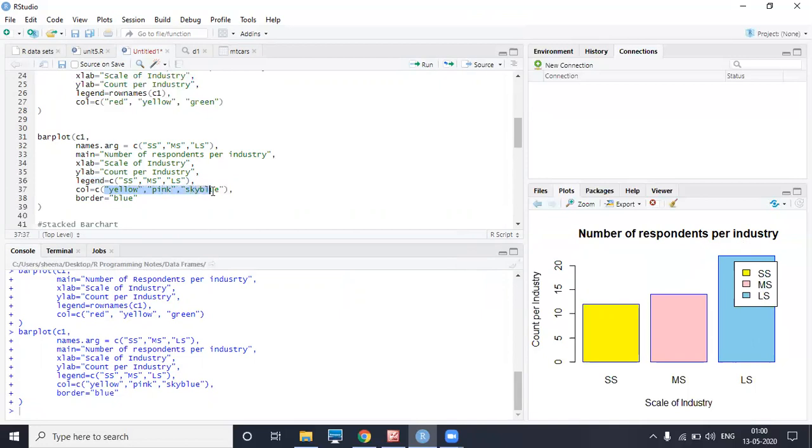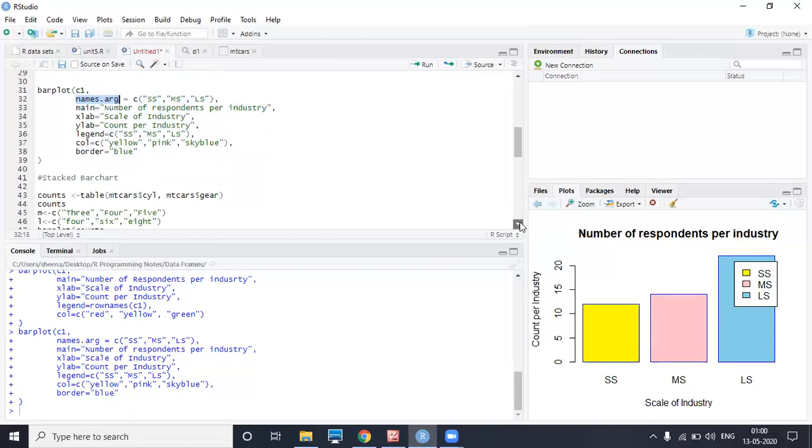Since we have three columns here, we will specify three colors, and if you want to give any border, you will specify border equals blue, any color you can specify. And name.arg, since I wanted to change the names, that's why I've given name.arg, ss, ms and ls.